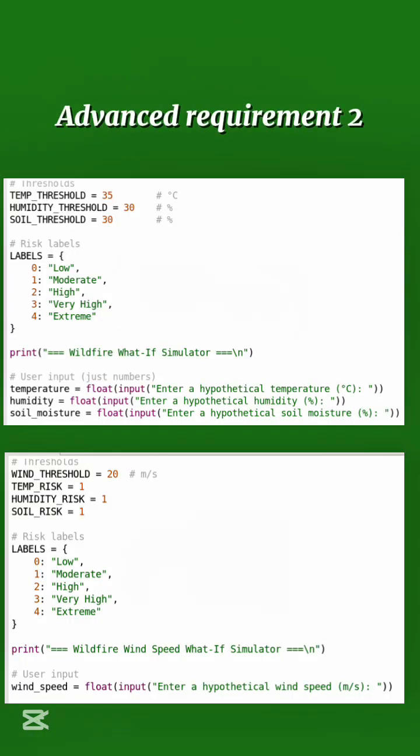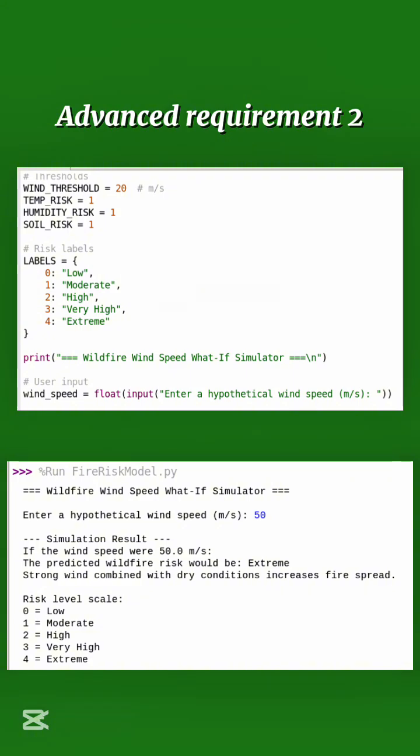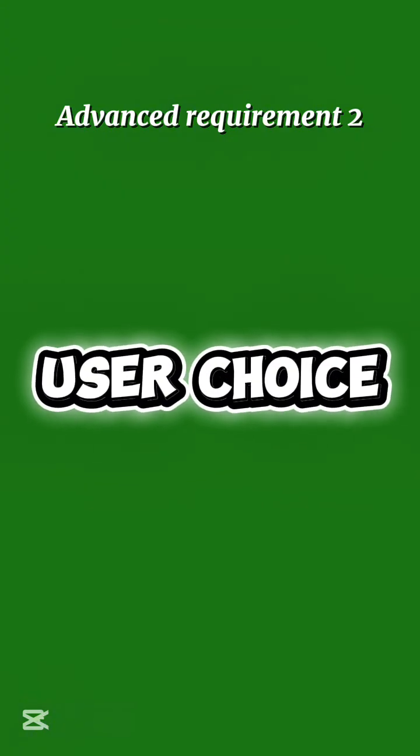I created 2 what-if simulations on Python, which were both able to be adjusted by the user to change variables, and then a wildfire risk would be displayed based on the variables changed. My first what-if scenario allowed the user to adjust my 3 variables and then be given a wildfire risk likelihood. My second what-if scenario added in a 4th variable, wind speed, which could be changed by the user to get a wildfire risk likelihood, while keeping my other 3 factors constant. By allowing the user to input their own measurements, I essentially allowed the user to create a variety of their